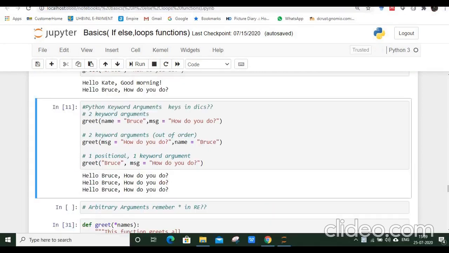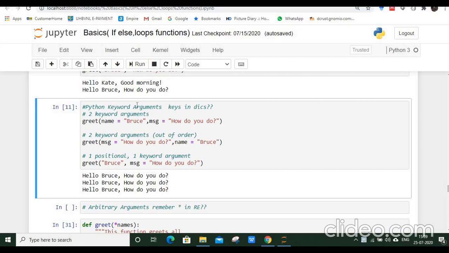Okay, then next we discuss the keyword arguments or the positional arguments in Python. Basically, when we pass the values to some function, their assignment to the parameters in the definition is done as per their positions. So sometimes we do not want that, and we want to pass the values at the call time in any arbitrary order.